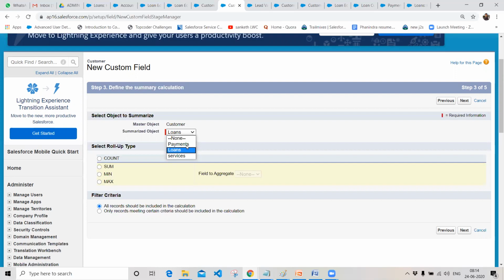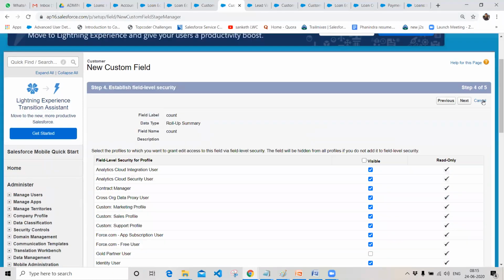So the list of objects is visible here in the summarized object. I'm taking my loan object, and I want to calculate the number of records there are for a particular loan. So click on next, and click on next.